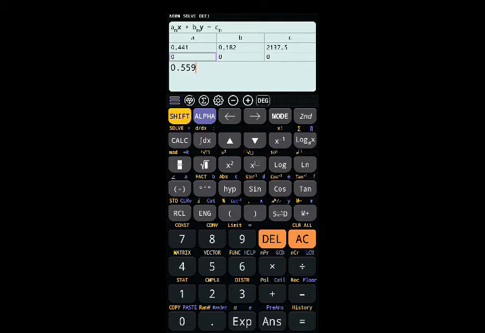So 0.559, then 0.818, 818, there. Then we're going to multiply the constant 7,500 times 0.715, subtracted by the value of C, which is 168.125,